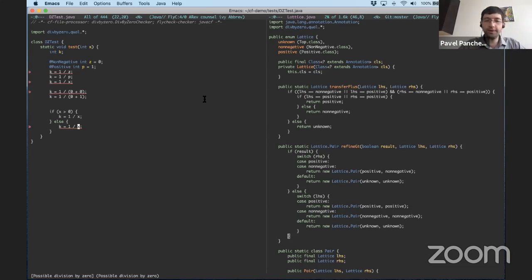Okay, I was hoping to demonstrate how to make changes to a framework like this as well. In particular, I wanted to add the ability to do something like if a negative value is not equal to 0, then it is positive. I'm not really going to be able to do that because we are out of time. But hopefully this demo has been useful to you nonetheless.